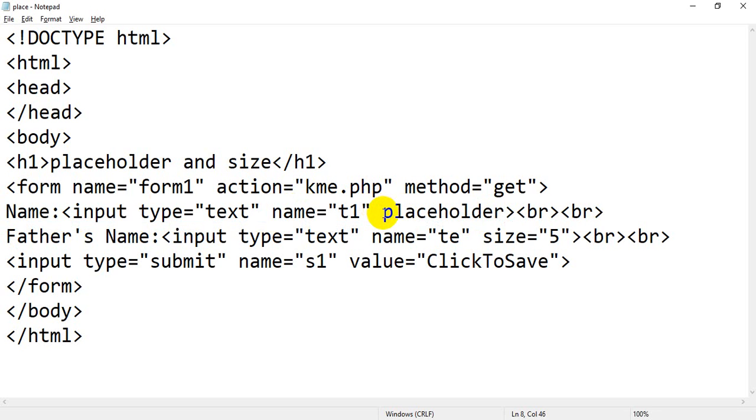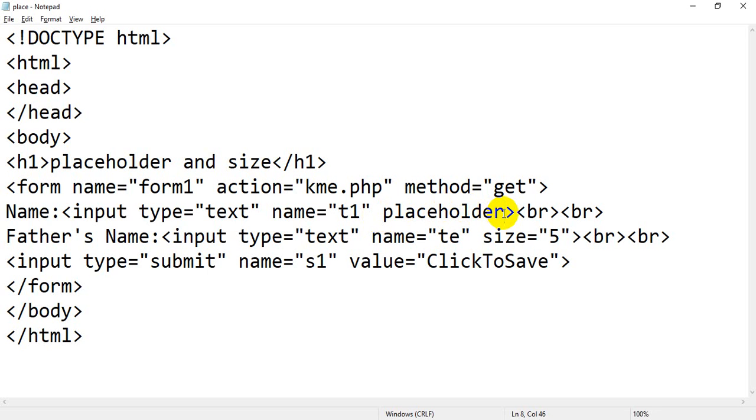Remember one thing, placeholder is a single word. If you keep any space between place and holder, it will become a wrong attribute, and technically or logically it will not work as per your requirement. So there is no space in placeholder.